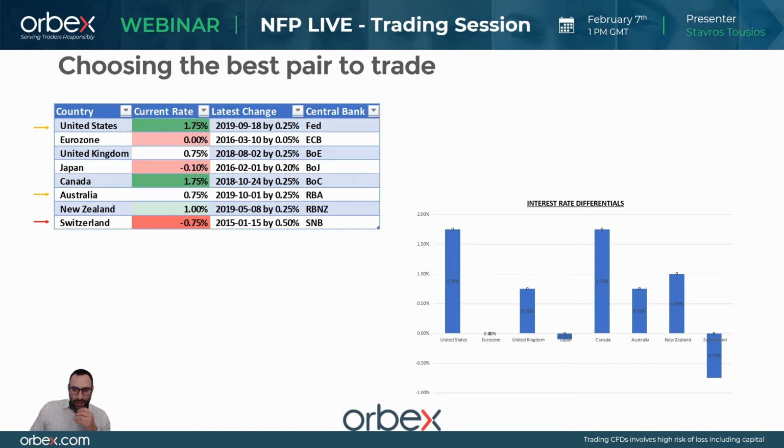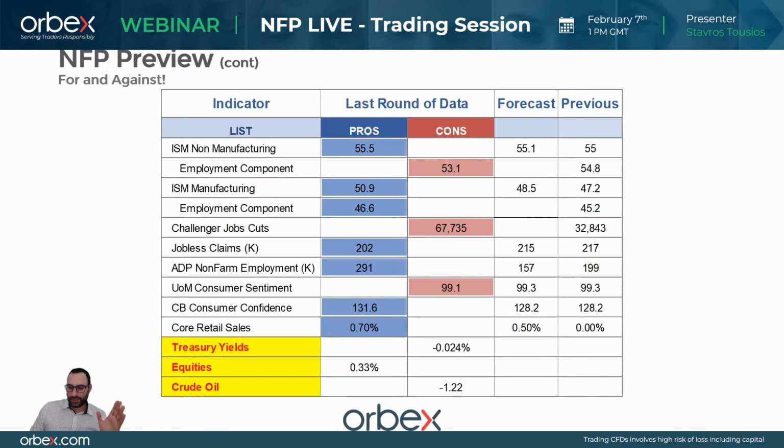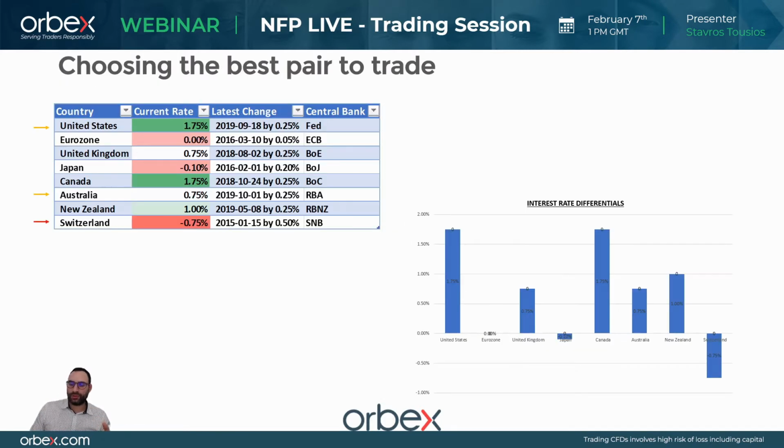Now, the other thing I wanted to talk about, of course, because we really need to look at how the USD is going to perform against a specific currency, is the interest rate differentials between the countries. As I said before, the United States has the biggest interest rates at the moment. The lowest ones are from the Bank of Switzerland. So in case the NFP comes out positive, a very good opportunity, at least in the medium and long term, would be the dollar Swiss franc. Okay, this would be a buy.